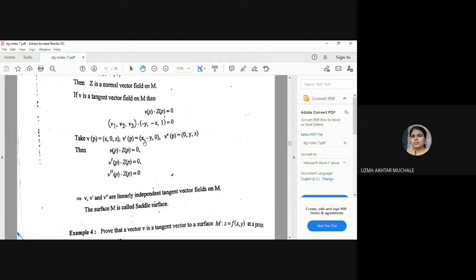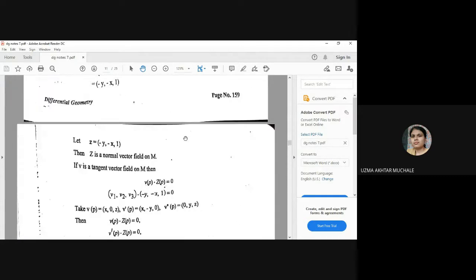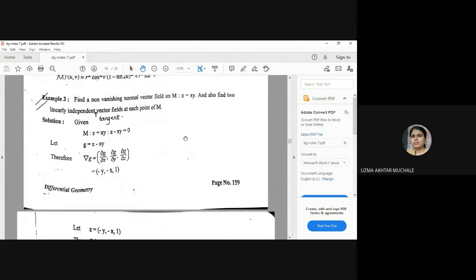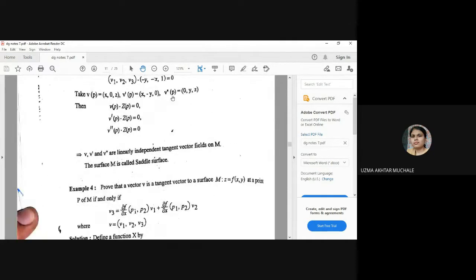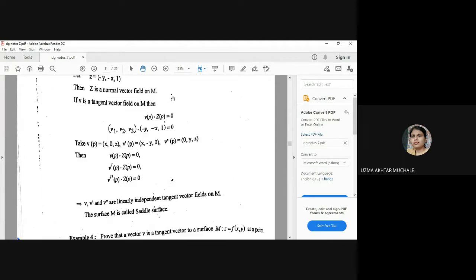Similarly, you can have this second vector, x y, the product of this x and y with negative sign is minus xy, and this is plus xy, and the third is 1 into 0, 0. So that product is also 0. Next, the first term is 0, the second is minus xy plus z. Again, z minus xy or minus xy plus z is nothing but, from this equation, equal to 0. Hence, we get linearly independent vectors. In this way, you can find many linearly independent vectors.